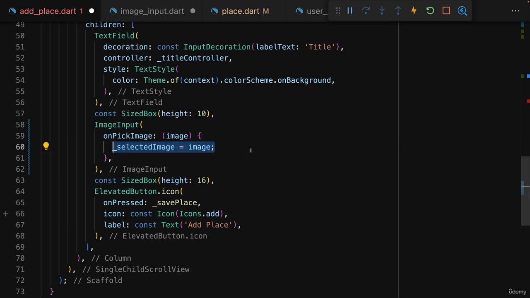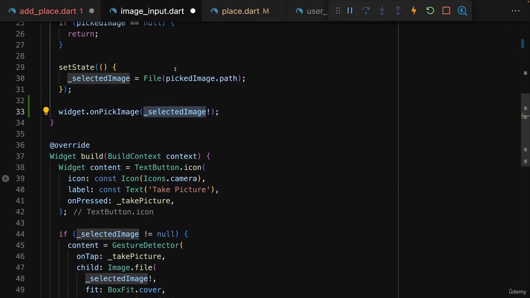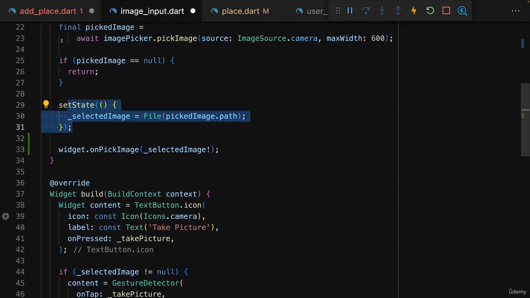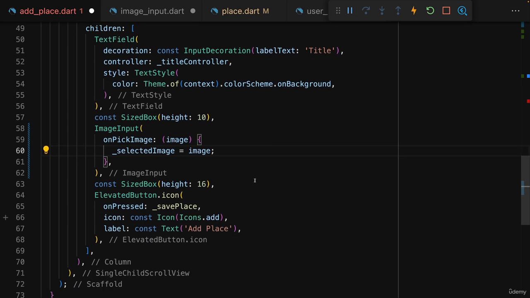We don't need setState here because in here I'm not doing anything that should be updated. The UI doesn't need to be rebuilt just because I picked an image, because the preview is built here in image input, and here I am using setState. But in the add place screen, there is no need to rebuild everything because I'm not updating anything just because an image was picked. Instead, this is all that needs to be done, and with that we have the selected